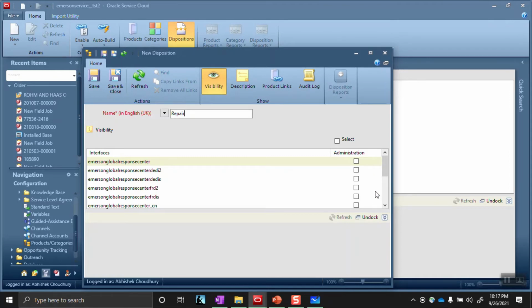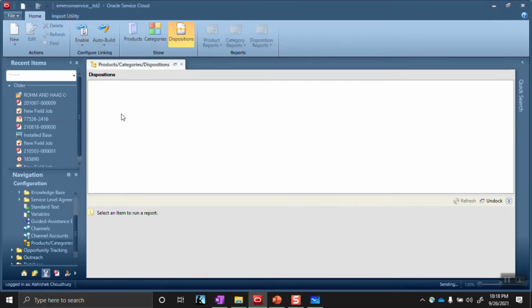Okay, it is only visible to the internal employees, the administrators. But the same concept applies, like to which interface it should be visible, and in our example it is this interface. Okay, save and close.